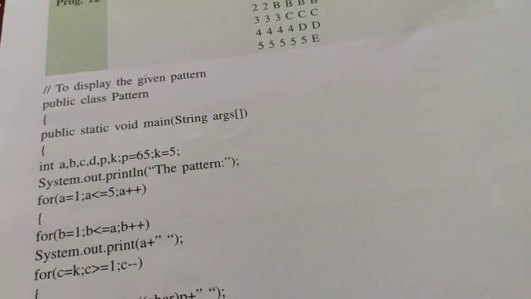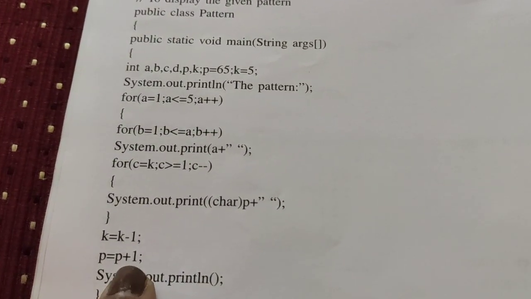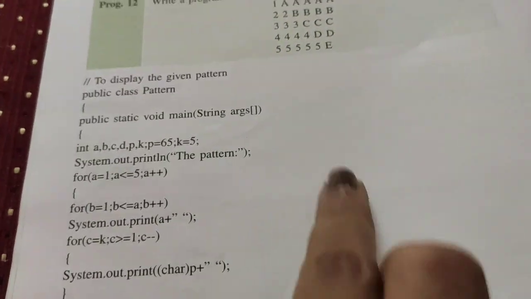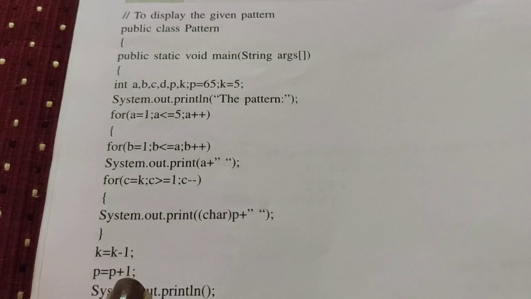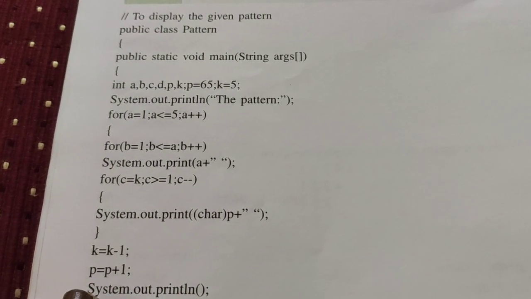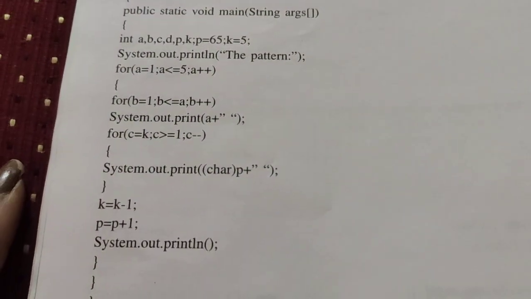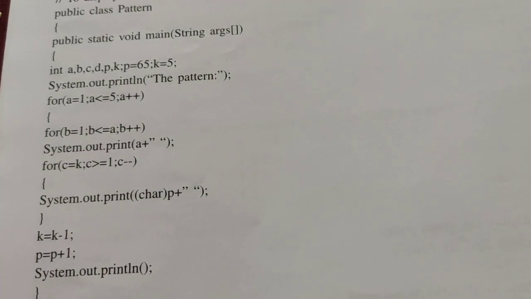because the value is going to change. And again we are going to increase p is equal to p plus 1. So we are decrementing and incrementing because c is going to be printed only 3 times and c's value is 67. So p plus 1 means now p's value will be 67. So once again if you come here you will be getting the alphabet c. That is the reason they have given it like this. Hope you understand. If you don't understand anything you can ping me personally. Okay.